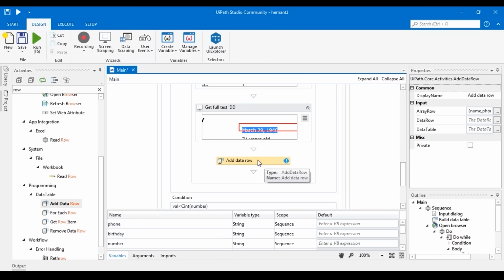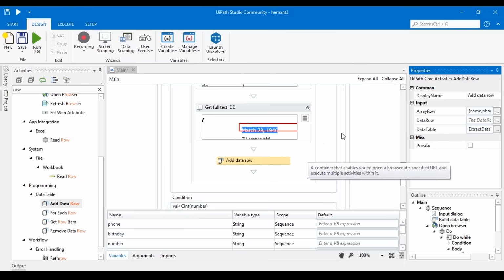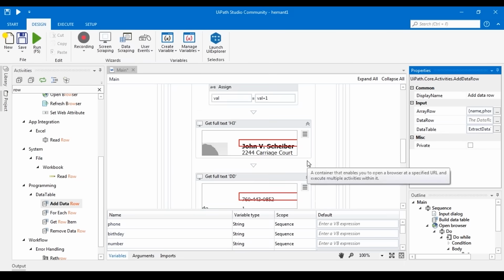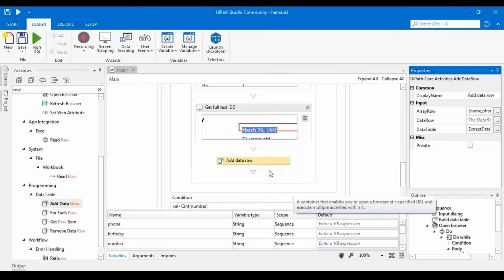Okay, so I have not told it yet to which table it should write this row. That table will be specified over here, and I'll just write E and it'll get the table automatically. Let's hit enter, and the error has gone. So in this loop, at every iteration a row will be added, and after a row has been added,